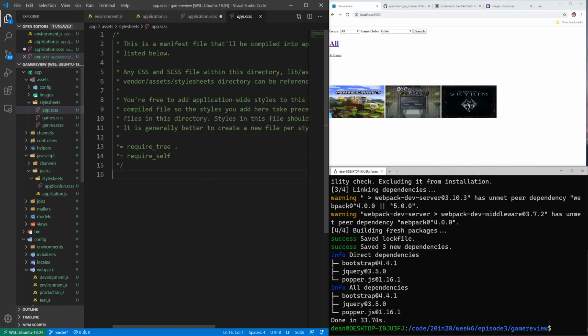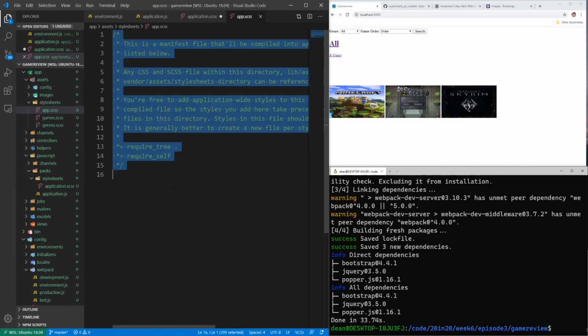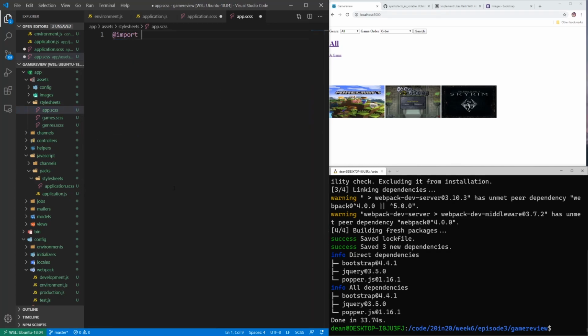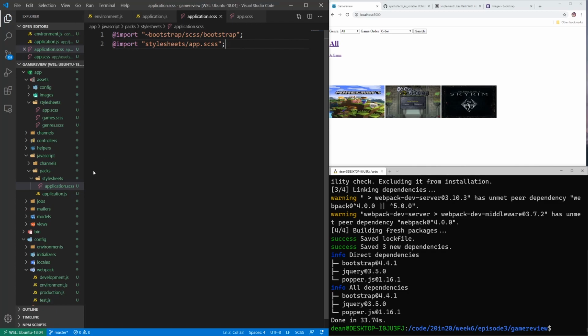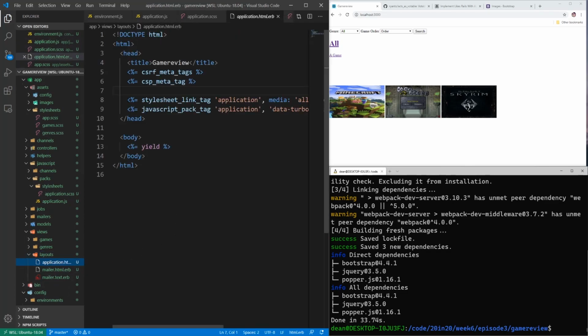So if we come in here, we're no longer doing this require tree and require self. We're just going to @import the stuff we need. So here I'm going to @import the games.scss, and I'll also @import the genres.scss, but we probably won't be using this, so that might change. So we can save this, and now there's two other things we have to do. The first one is come into our layouts, so our views, layouts, application.html.erb, and we're going to get rid of this stylesheet link tag because we're doing